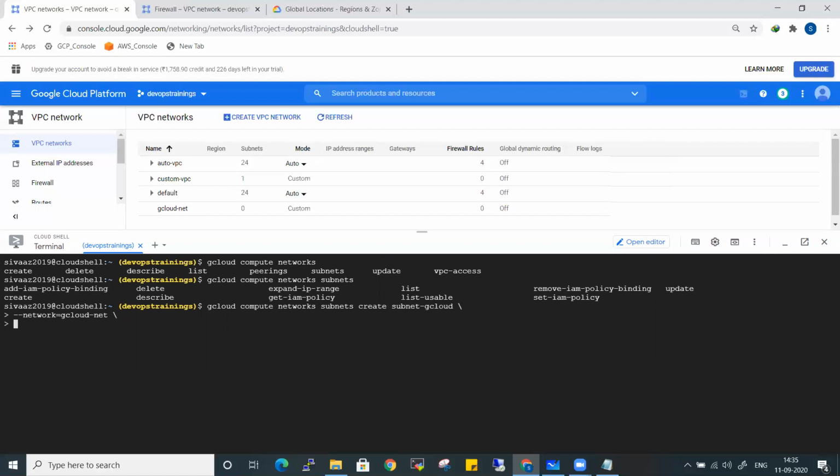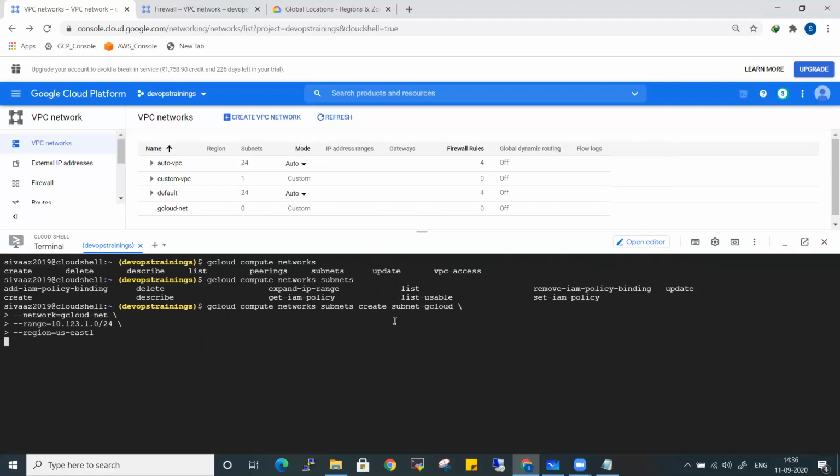And what is the range for it? Because previously, when creating subnets, we define some sort of range, right? So let me give 10.123.1.0/24. Let me go to the next line. And what is the region? The subnet should be created somewhere, so let it be us-east1. Let me execute.